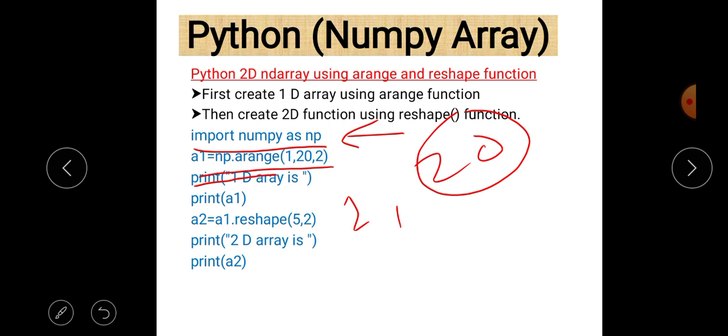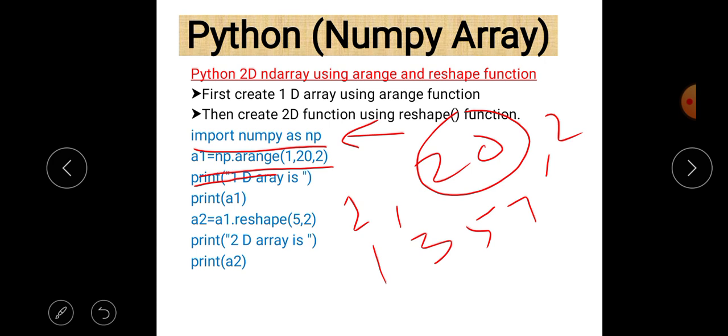And the important thing is that the increment is 2. So the first value is 1, then 1 plus 2 is 3, then 5, then 7, and so on. That is the sequence, and if the step 2 is not given, in that case the default step value is 1.